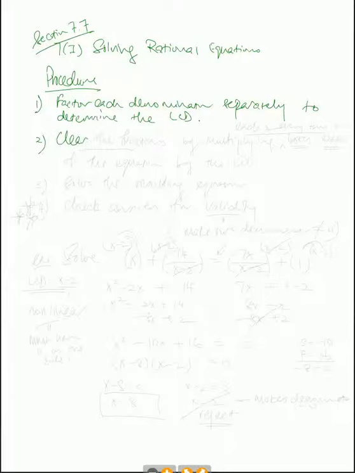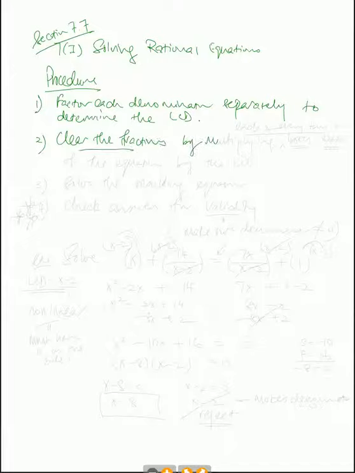Okay, so let's try that. Let's write down the procedure. First thing you need to do is to factor each denominator separately to determine the LCD. Okay, so that's what you want to do first, and then the method that we are promoting is to clear the fractions